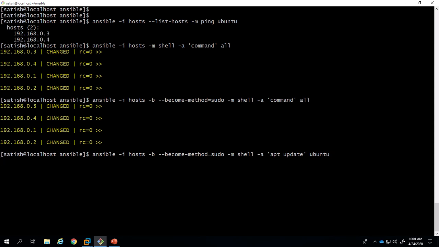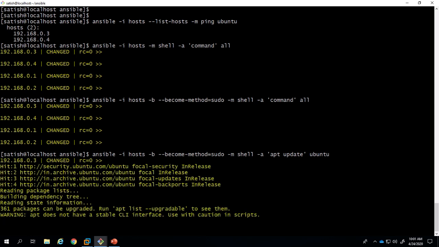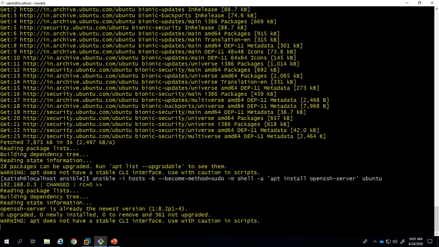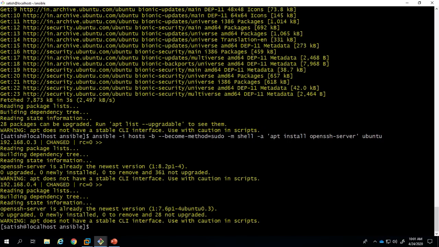This command will update my Ubuntu hosts: ansible -i host -b --become-method=sudo -m shell -a apt update ubuntu. I have two Ubuntu hosts, and these two hosts get updated by this command. It is simple. From one host you can manage multiple clients. If you have multiple Ubuntu servers or desktops, with a single command you can update all Ubuntu hosts. This is the automation task